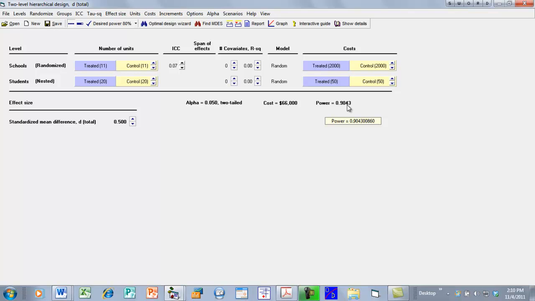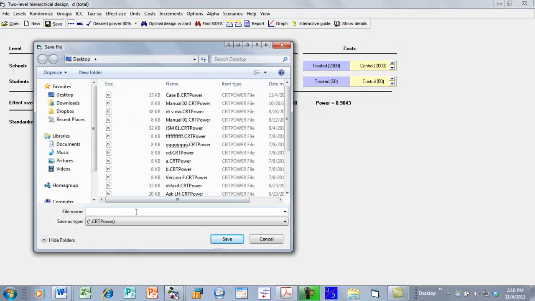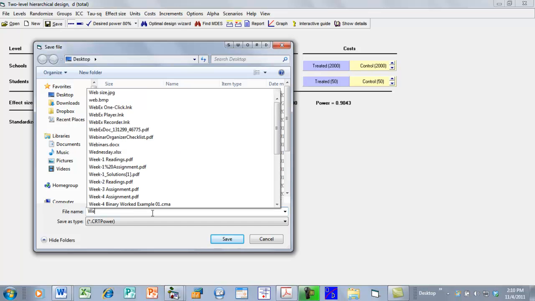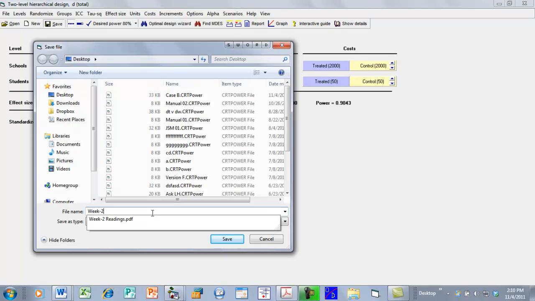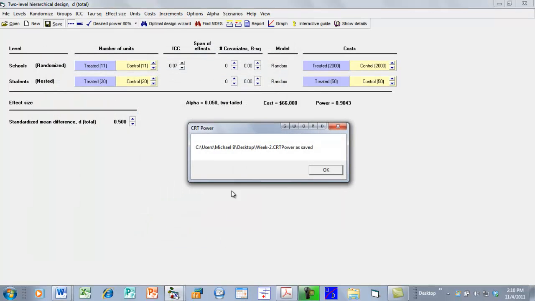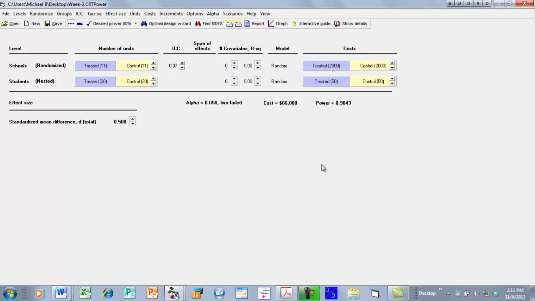Now, one thing that we can do immediately is we can save the file. I'm simply going to come over here and click Save. The program's going to ask me for a name. Let's call this week 2, and click Save, and now the file is saved. It tells me that right over here. Just the same way that you would save any other file. But one thing that we want to do, one of the things that we're going to be doing this week,